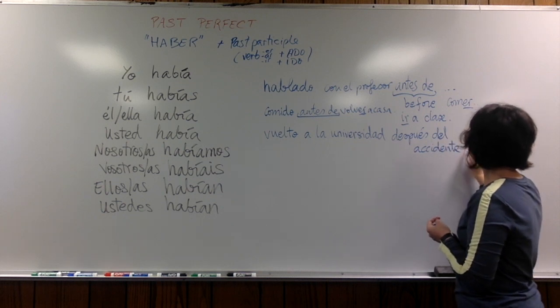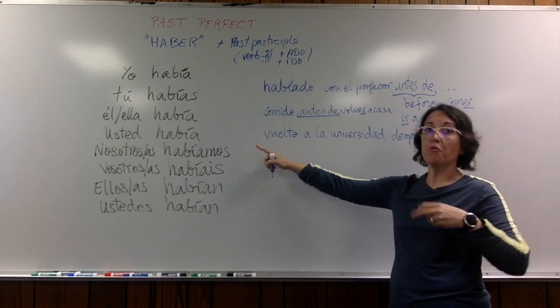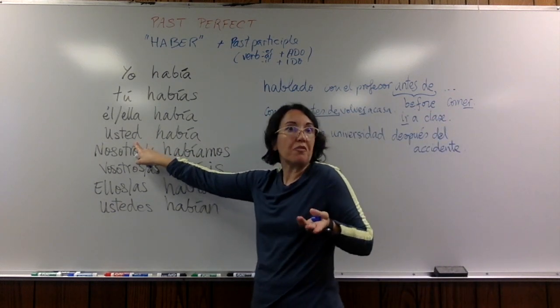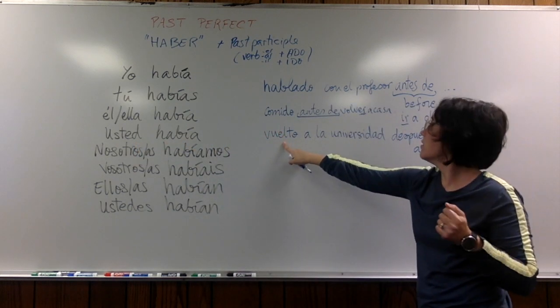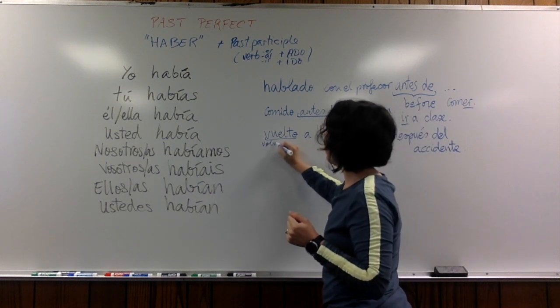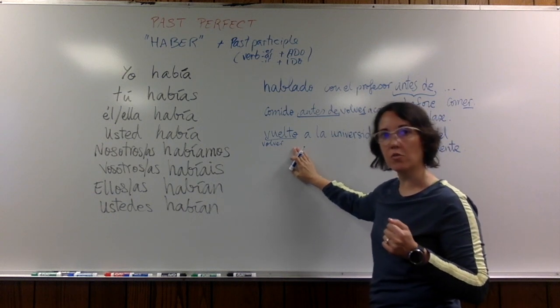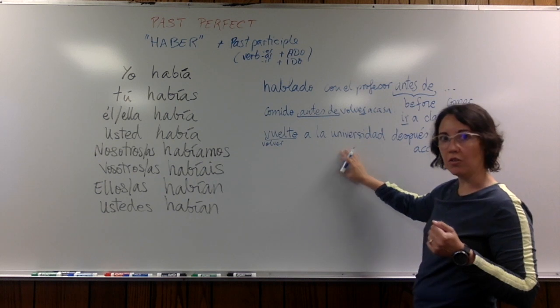So in this case, you're expressing that you, formal, so you talk to someone, maybe a professor, you had returned, because this is the past participle of volver, okay? But it's regular. So usted había vuelto a la universidad, to the university,